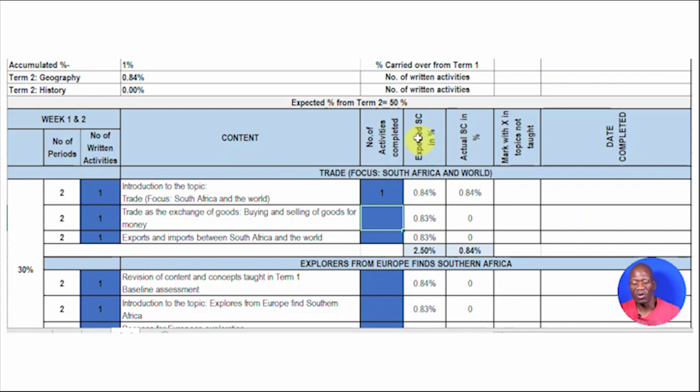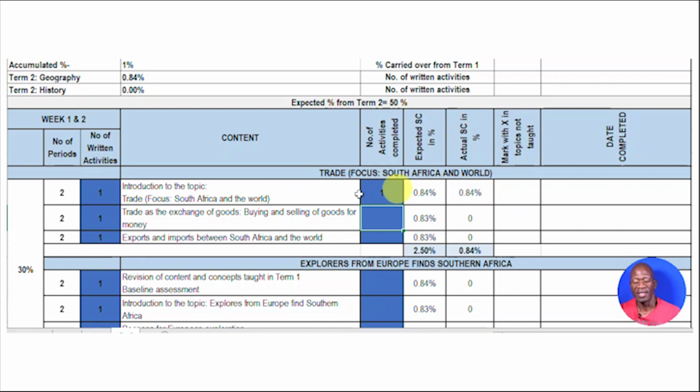Here we have the expected syllabi coverage in terms of percentages. If this topic has been covered and this activity has been written, the expectation is that it's going to total to 0.84. So as you saw me typing 1 here, it means the actual that has been covered is